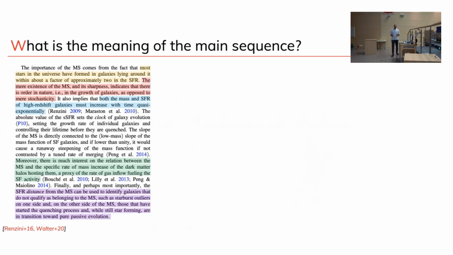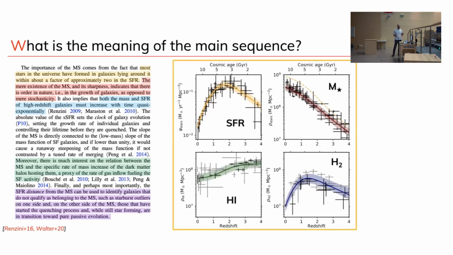So I took this piece from the introduction of a paper by Daddi and collaborators, and I think it summarizes some salient points that are interesting. Let's go through them, starting from the yellow part. Maybe at this point it's a little redundant, but if most of the galaxies are on the main sequence for most of cosmic time, then it just means that quite a lot of the star formation happens there, and the stellar mass is still there.